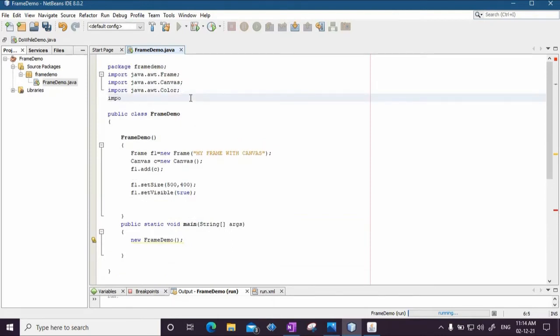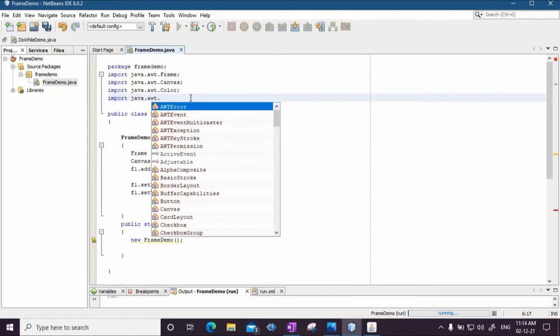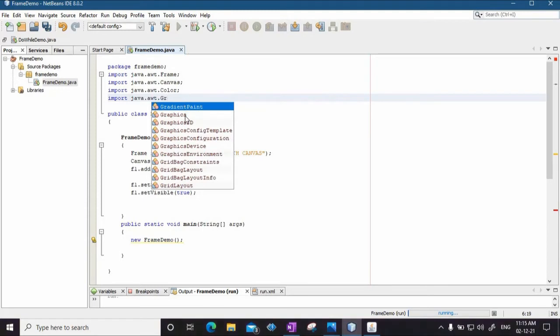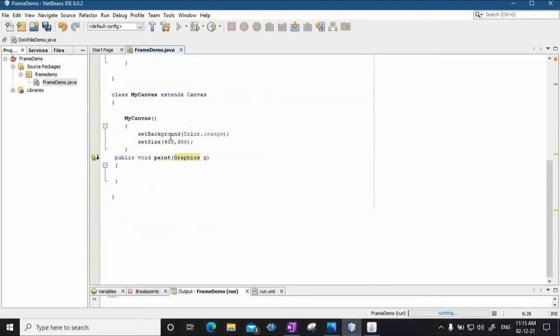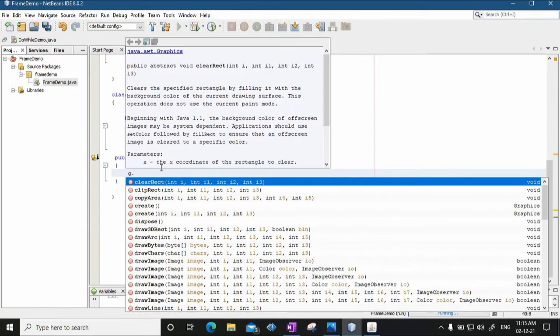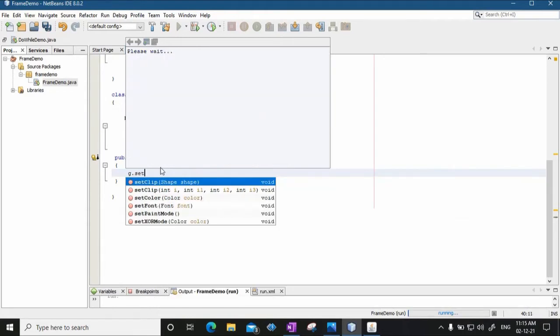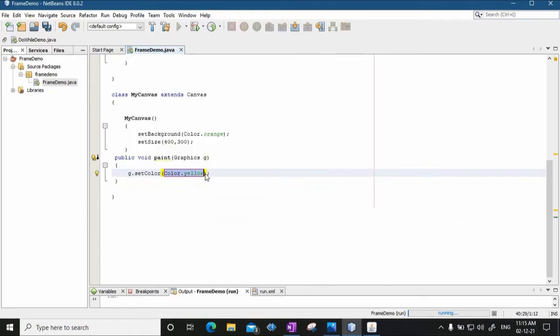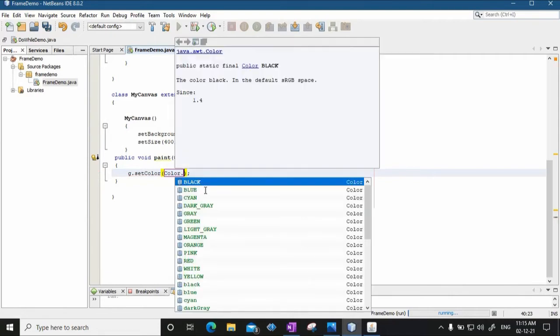So I will say import java.awt.Graphics. Then using the object of this graphics class, I will set the color. I'm going to draw a figure within the canvas. So I'll say set color, and let me set the color to black.